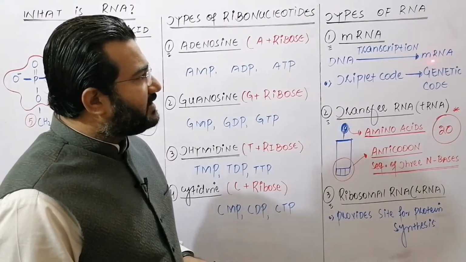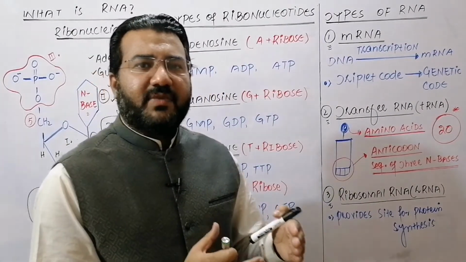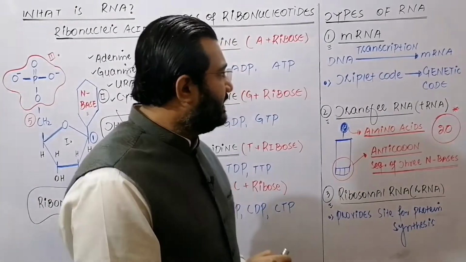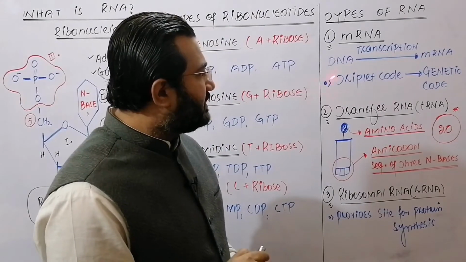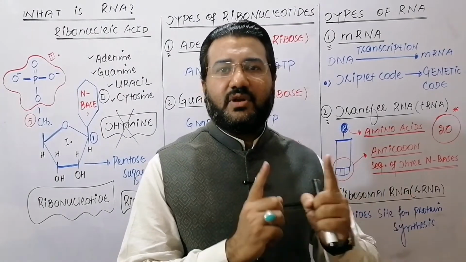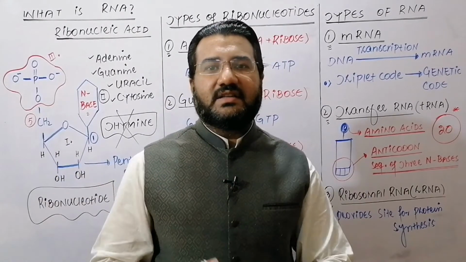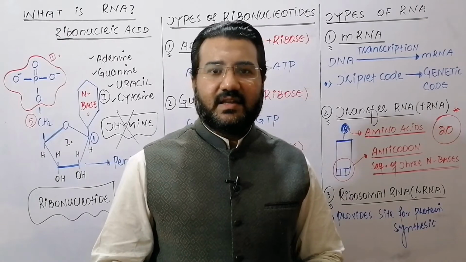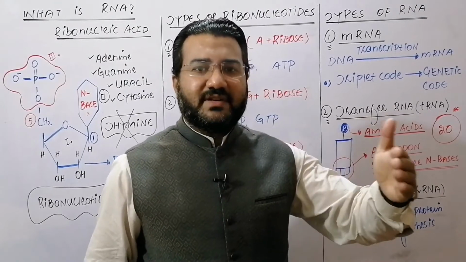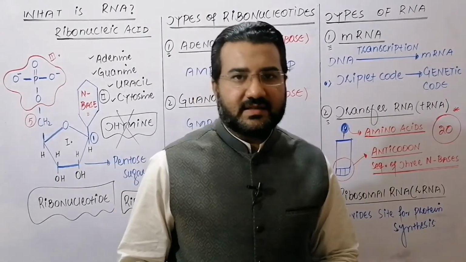The mRNA molecules which are produced move through nucleopores into the cytoplasm. And my dear student, each mRNA molecule has a genetic code, which is basically a combination of 3 nitrogenous bases or 3 ribonucleotides. That is why it is called a triplet code. And each genetic code has information for one amino acid. So according to the information of the genetic codes, the amino acids are joined together through the translation process and protein is synthesized. In this way, the DNA, which has the information, gives information to messenger RNA, and from the information of the messenger RNA through the translation process, protein synthesis takes place.